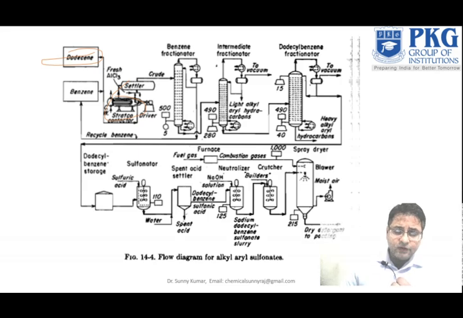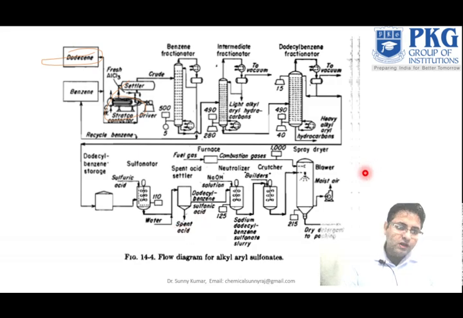intermediate fractionator, where we will collect light alkyl aryl hydrocarbons. We will not use these, but the bottom we directly send to the dodecyl benzene fractionator column. Here the heavy part from the bottom we are not collecting; the upper part we collect, and then we directly send it to our storage tank. Here we will have this dodecyl benzene storage, and then we directly send it to the sulfonator and